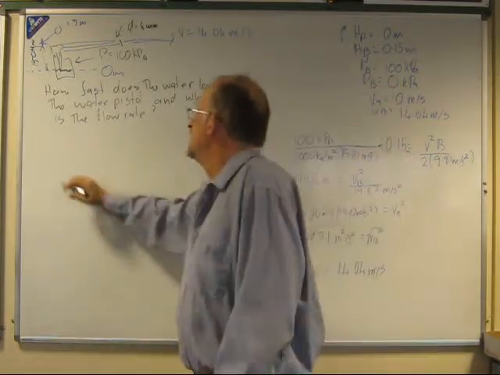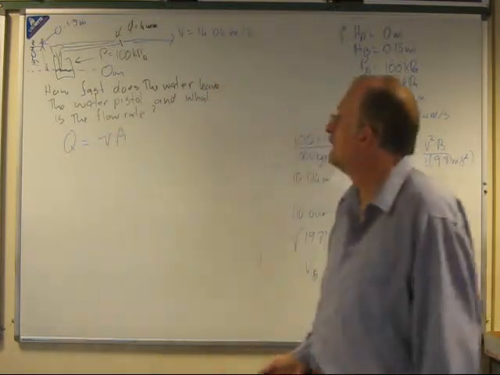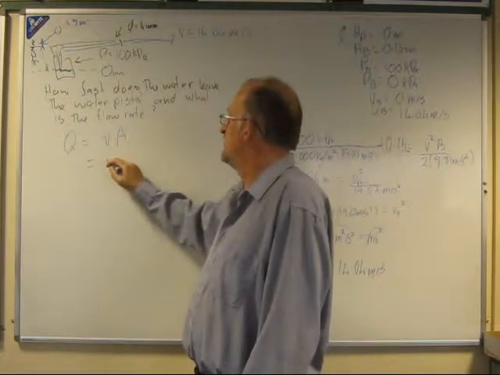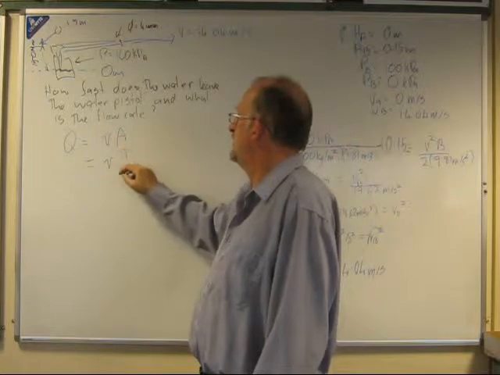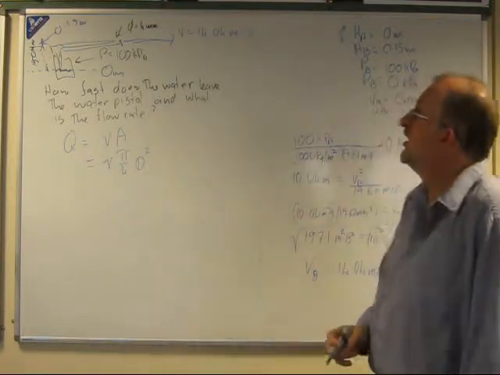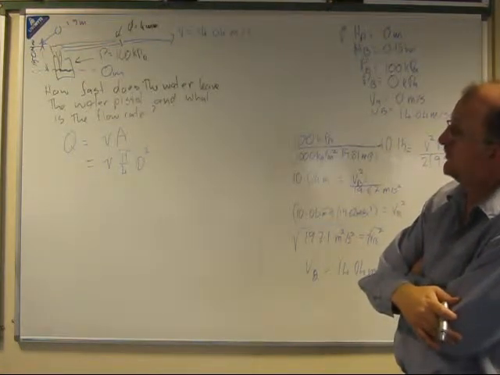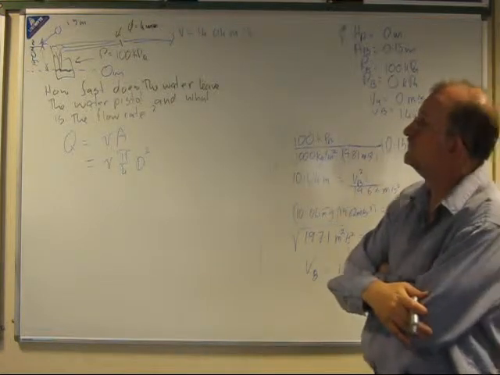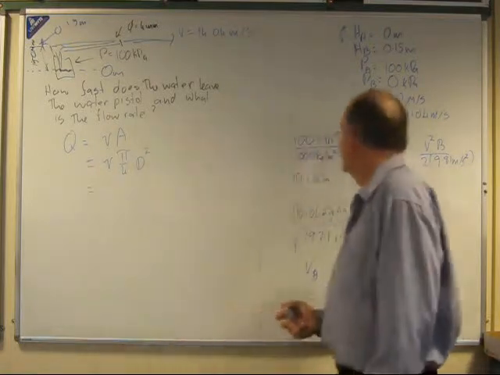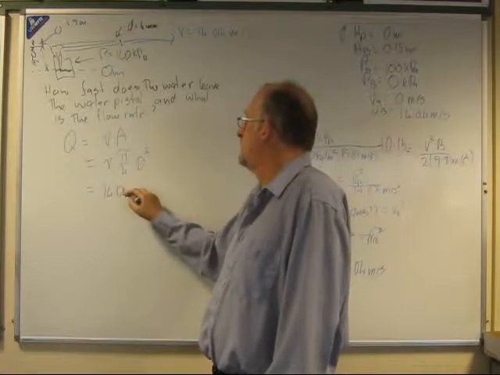So remember, Q is equal to velocity times area, which is equal to the velocity times pi over 4 times the diameter squared. So this is going to be 14.04 meters per second